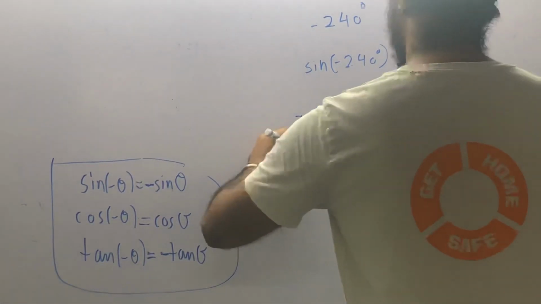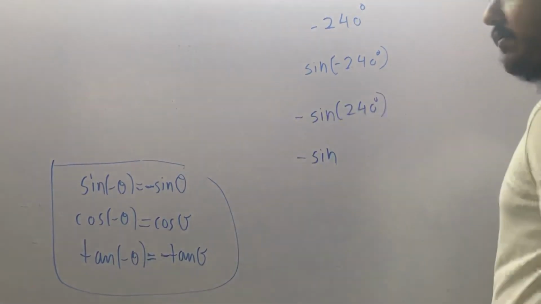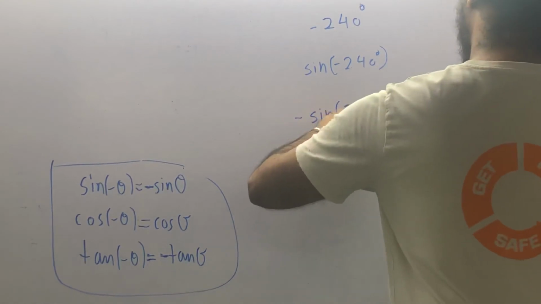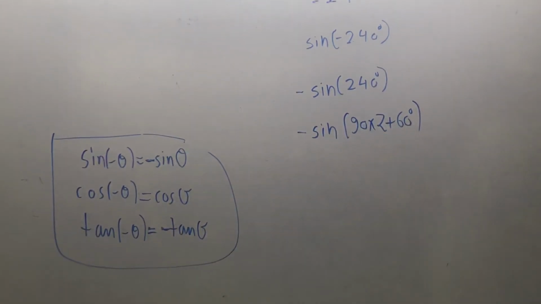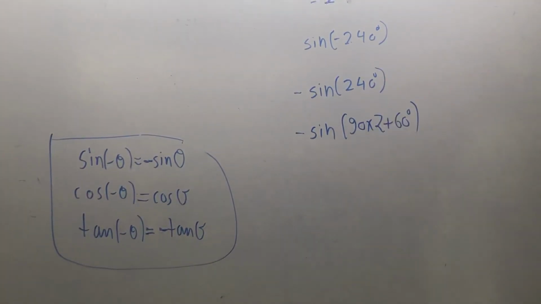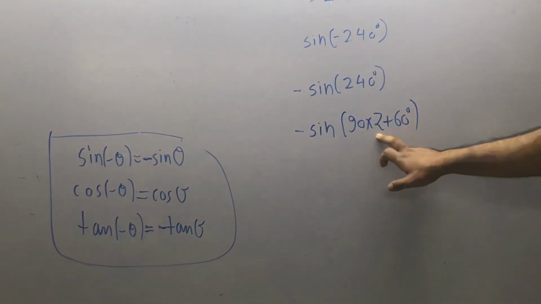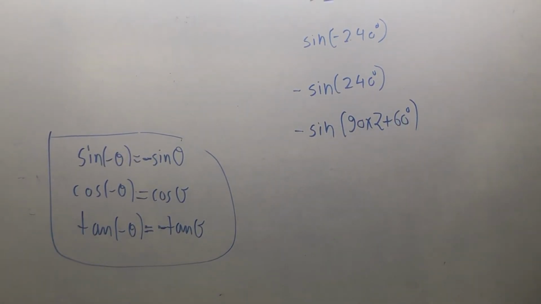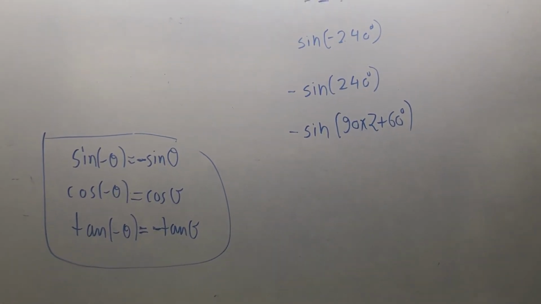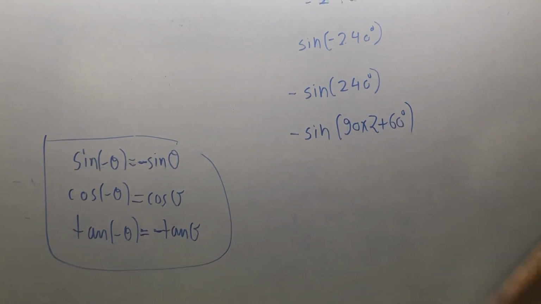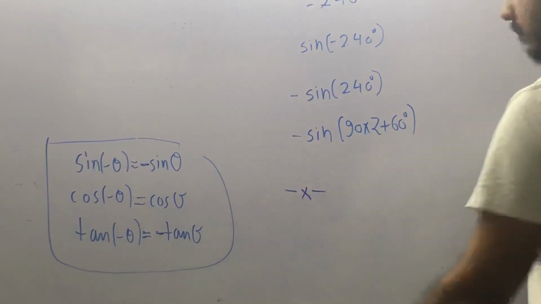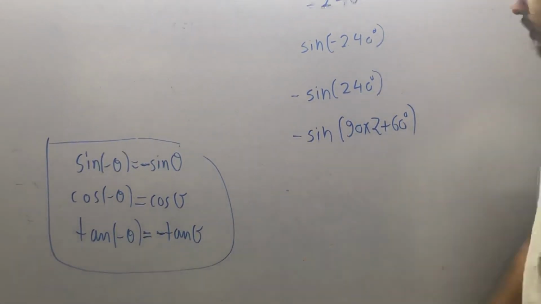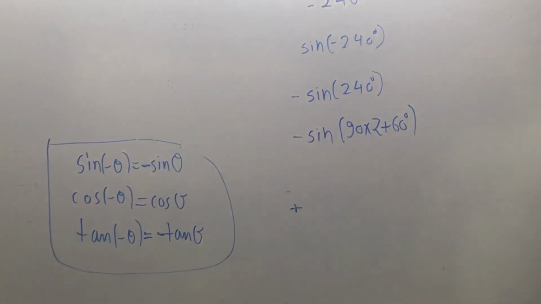Okay, so first of all I will make it into a multiple of 90. So I can write this as 90 into 2 plus 60 degrees. 90 into 2 is what? 180 plus 60 is equal to 240. Which quadrant is it lying in? 90 into 2 means 2 quadrants, plus 60 means you have entered the third quadrant. So in the third quadrant, sine is negative or positive? Sine is always negative. So the negative sign will come out. Negative was already here, so negative into negative is positive. So it will be positive here, because negative was already outside.